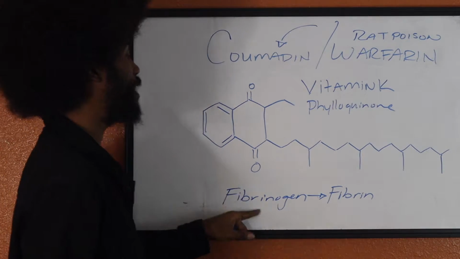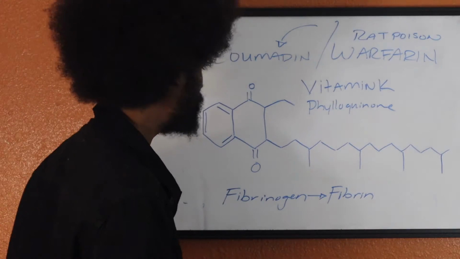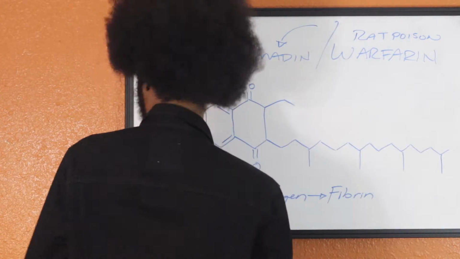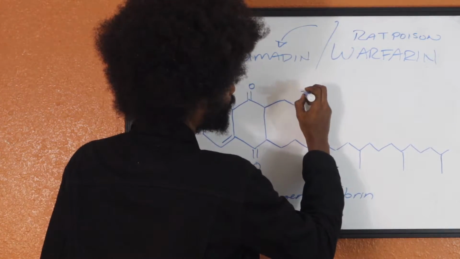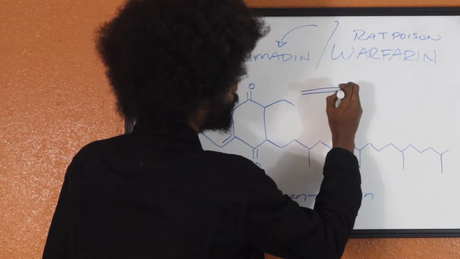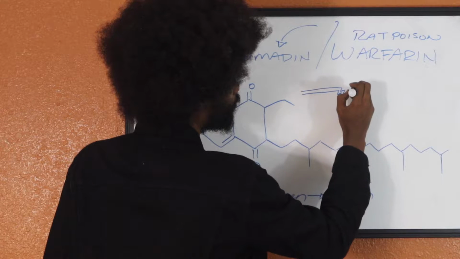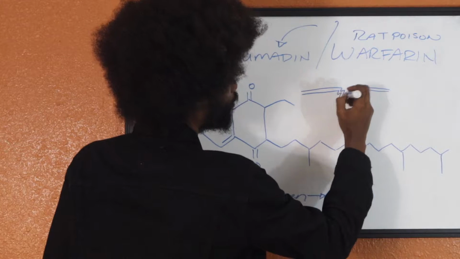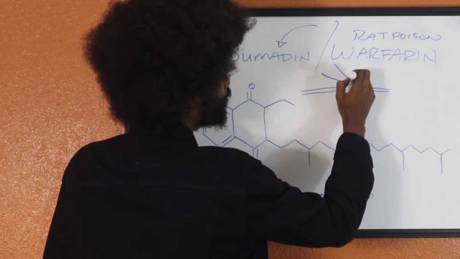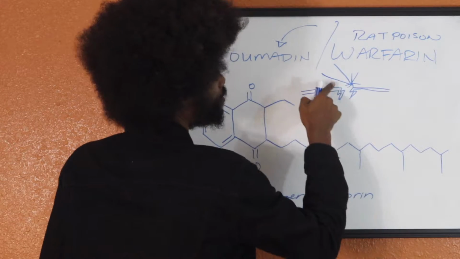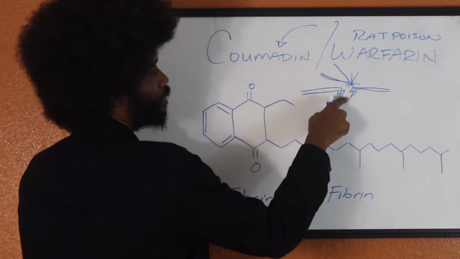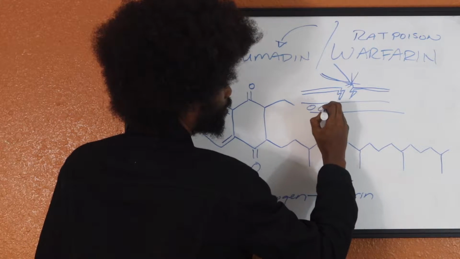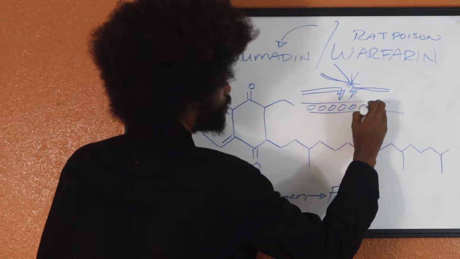Converting fibrinogen to fibrin, because when you get cut, some type of blade cuts through the skin, your blood vessels